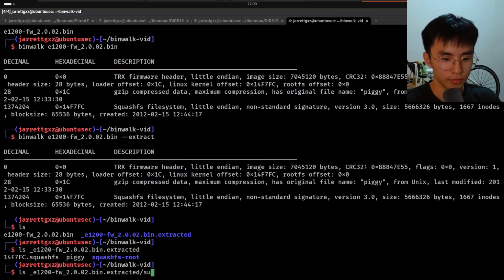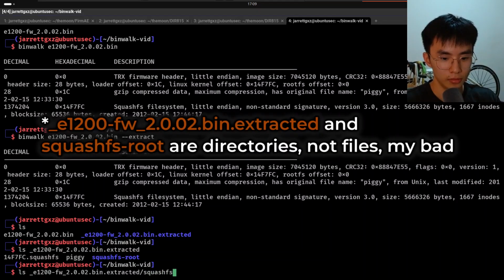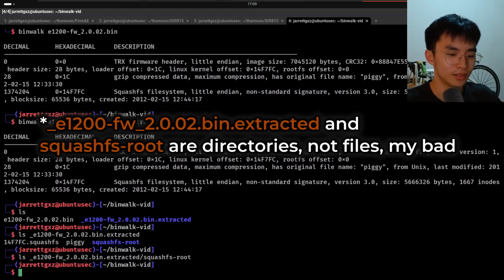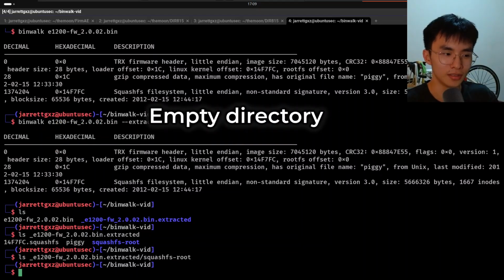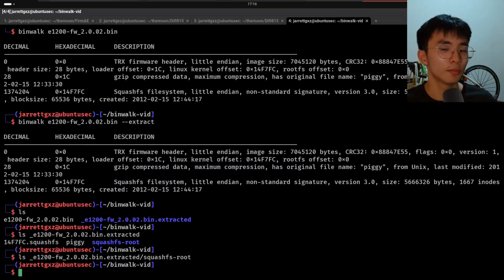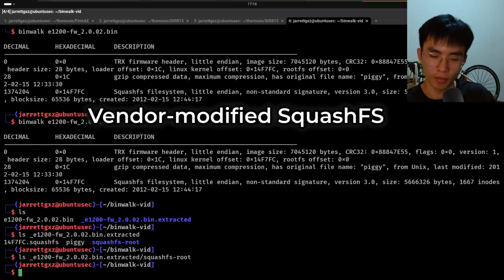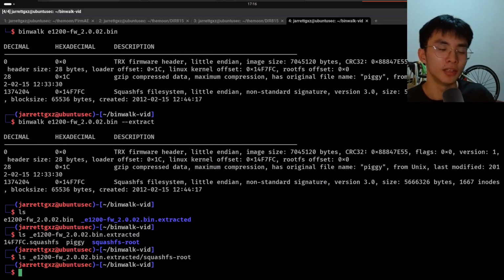Now let's view this particular directory. But you can see that it is an empty directory. This happens because the firmware utilizes a vendor modified squashfs format, which cannot be parsed by the native utility found on a standard Linux installation. But to fix that, we can use the